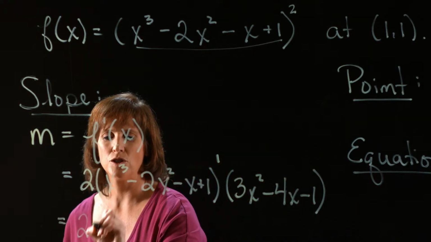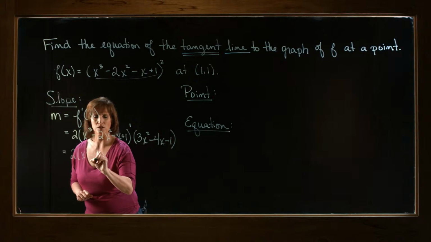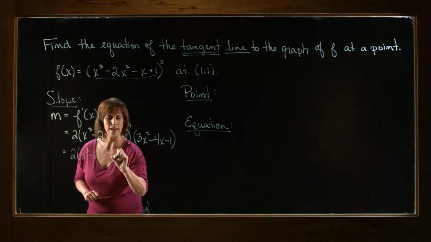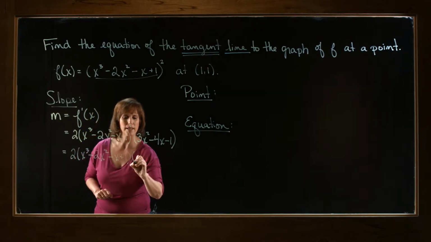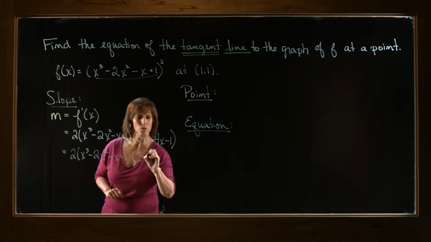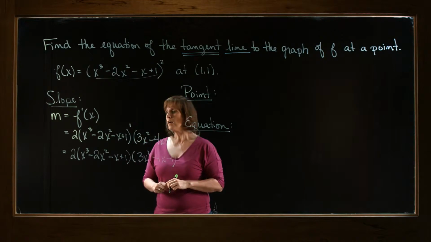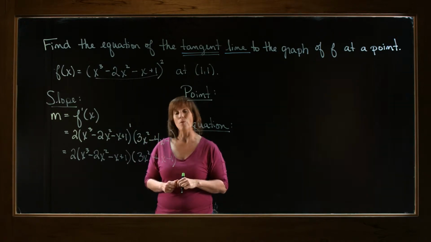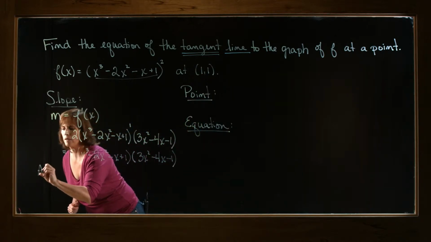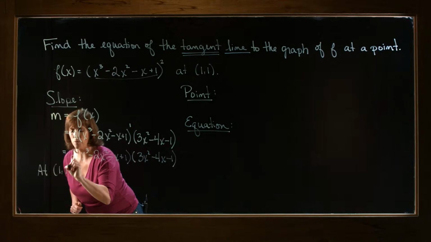So altogether, 2 times the quantity x cubed minus 2x squared minus x plus 1 times the quantity 3x squared minus 4x minus 1. So this is going to be the slope at any point along my curve. I'm interested in what happens at the point (1, 1). So at the point (1, 1),